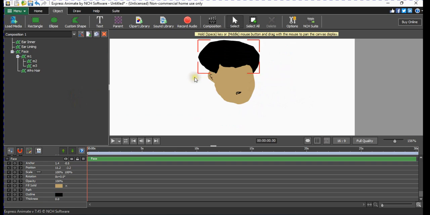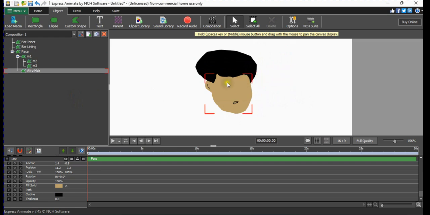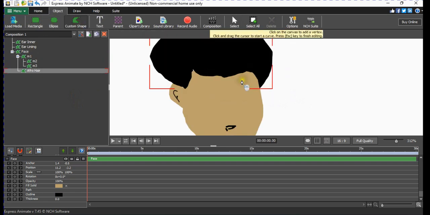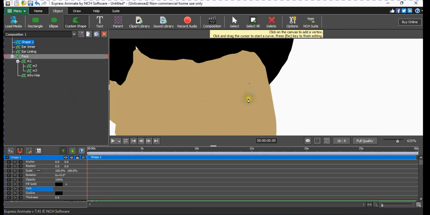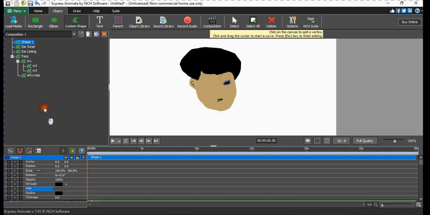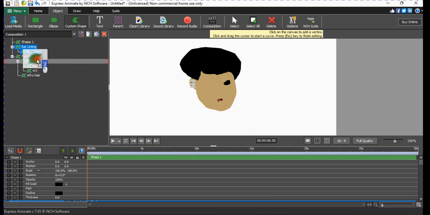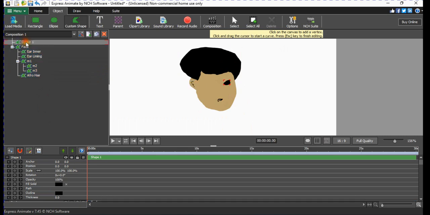Oh my god, I think that's great. And I can use this one to create, I'm just thinking a kind of, take this one and put it on the ear lining, take this one and put it under my face, take this one, take this one, put it under that one. Okay,